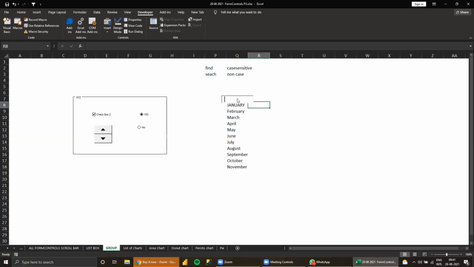Suppose you don't type anything, the entire list will show. Start with, contains, like this. This is very important. Any questions on this?